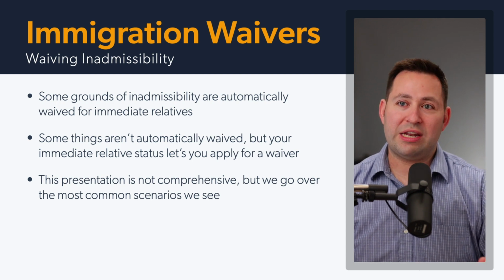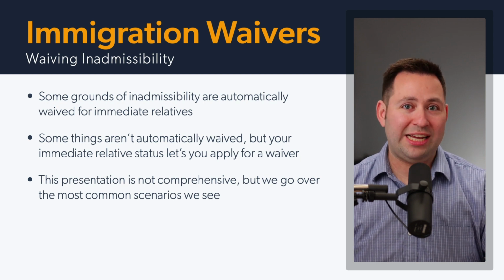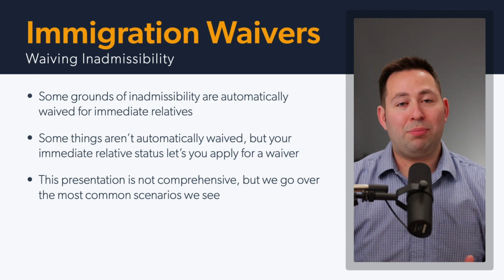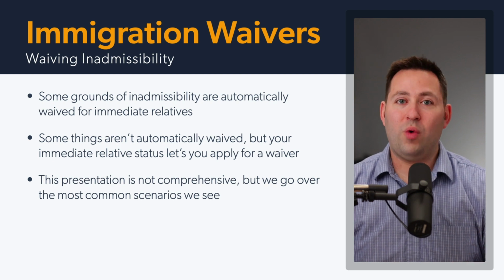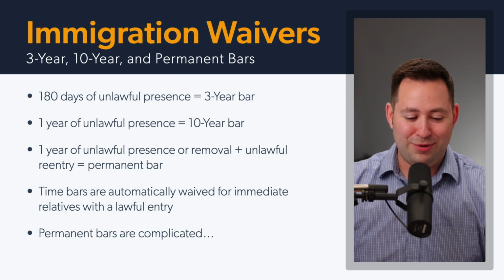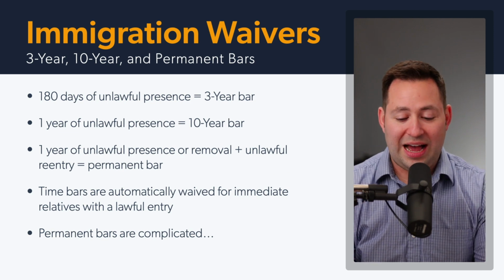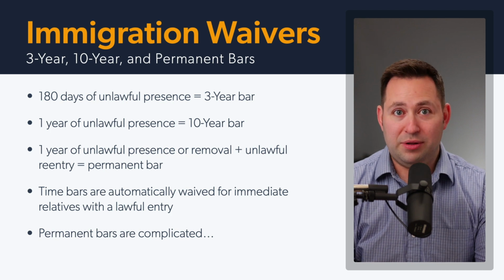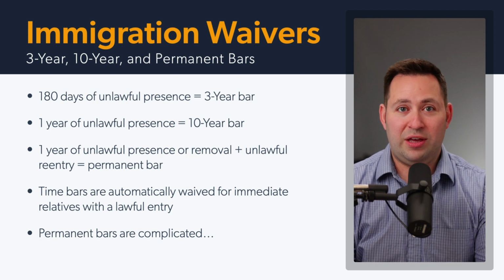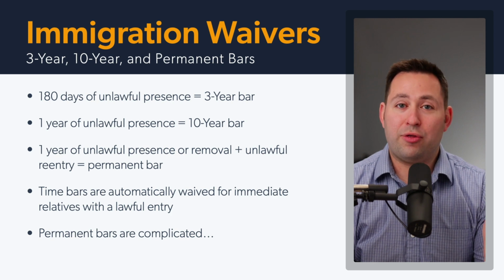And then for those things that aren't automatically waived, many times that immediate relative relationship will allow you to apply affirmatively for a waiver of a grounds of inadmissibility. There's that word, inadmissible. Okay, so let's talk about time-related grounds of inadmissibility. If you've been present unlawfully in the United States for 180 days, then a 3-year bar